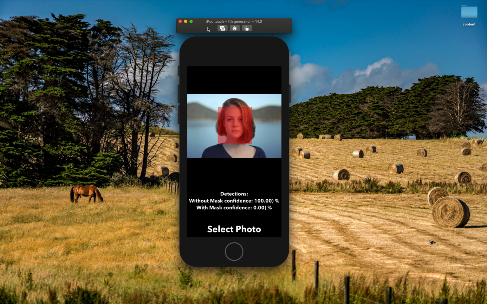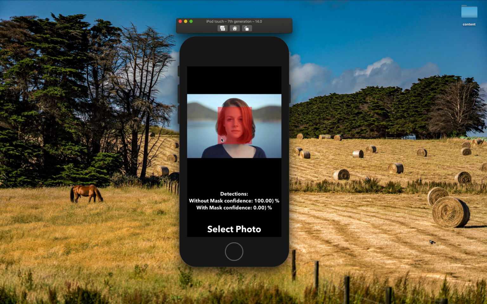So the first thing is we have to create a model. In the previous video we have seen how to create a model. We just need to give some training data and testing data, that is images, and then the model will be created using the Create ML project. But here it's a little bit different, because we can't give just the image, because in this image we have to detect some part of the image.